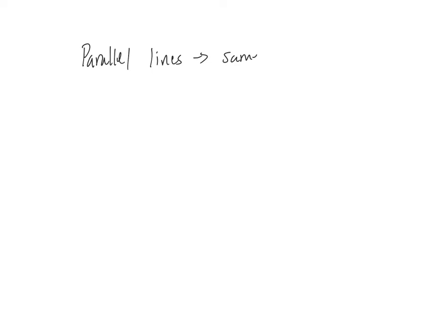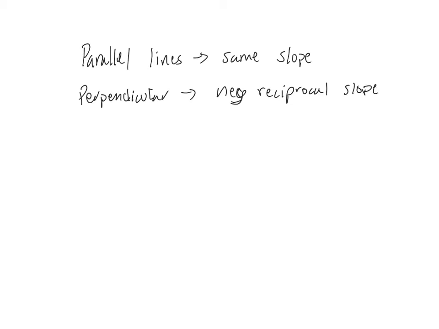parallel lines have the same slope. Perpendicular have the negative reciprocal slope. So one more time, if it was -3, the perpendicular slope is opposite sign and then reciprocal. If we had 3/4, it would be -4/3. If it was 1/5, perpendicular slope would be -5. Okay, so